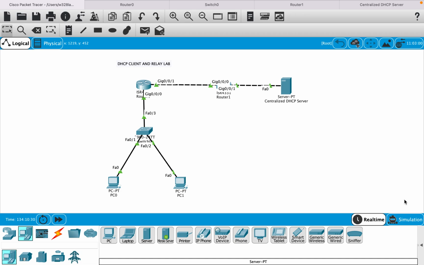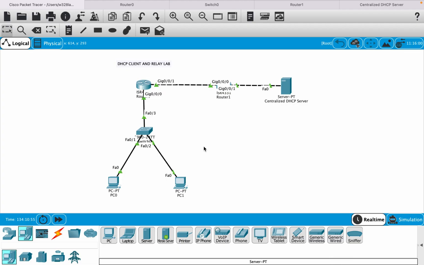Everyone. In today's session, we'll do a lab on how to configure and verify DHCP client on a switch and a router. As you know, a switch can act as a DHCP client to lease its IP address and a router as well. So in this lab, we'll use the same topology as we used in the previous lab